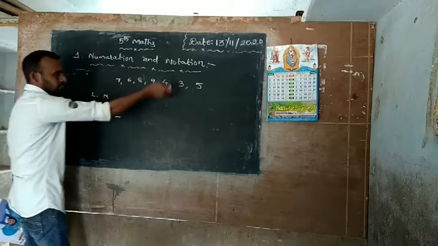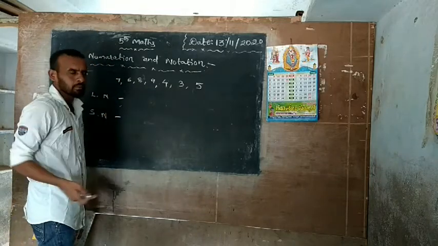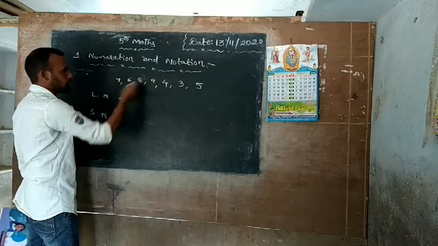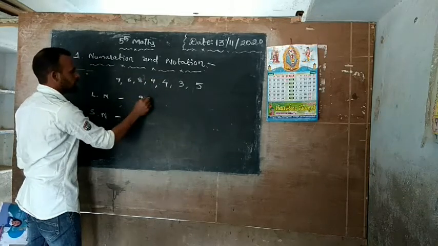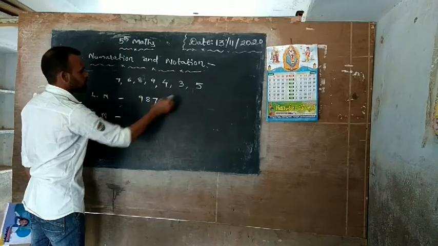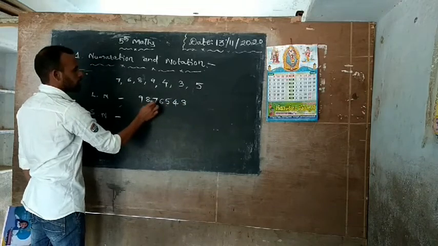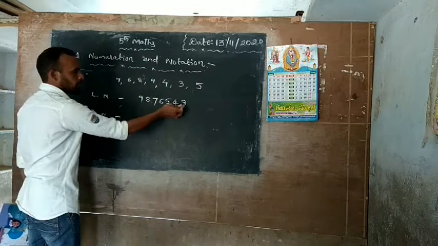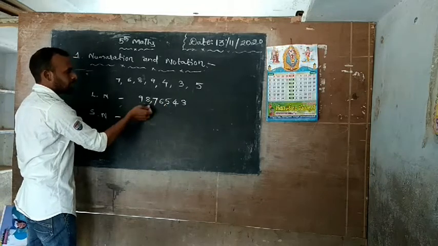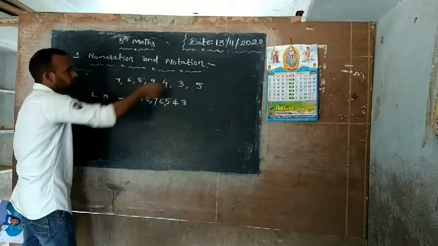Now you make the largest number and the smallest number, using only these digits. See here, which one is the largest number? To make the largest number, you write the digits in descending order, right? So what is the biggest number here? 9, then 8, then 7, then 6, 5, 4, 3. Total 7 digits. These are the 1s, 10s, 100s, 1000s, 10,000s, lakh, 10 lakh. 98 lakh 76,540. This is the biggest number using these digits.